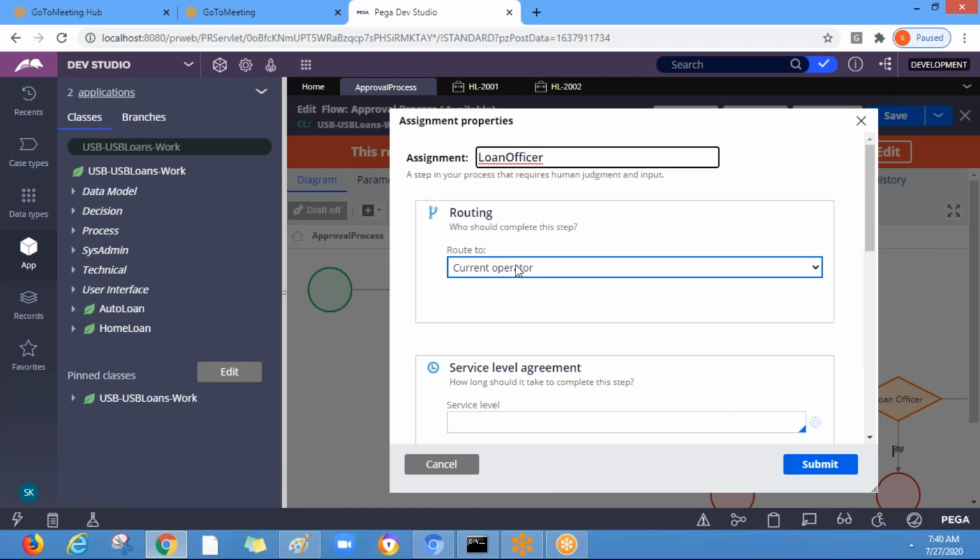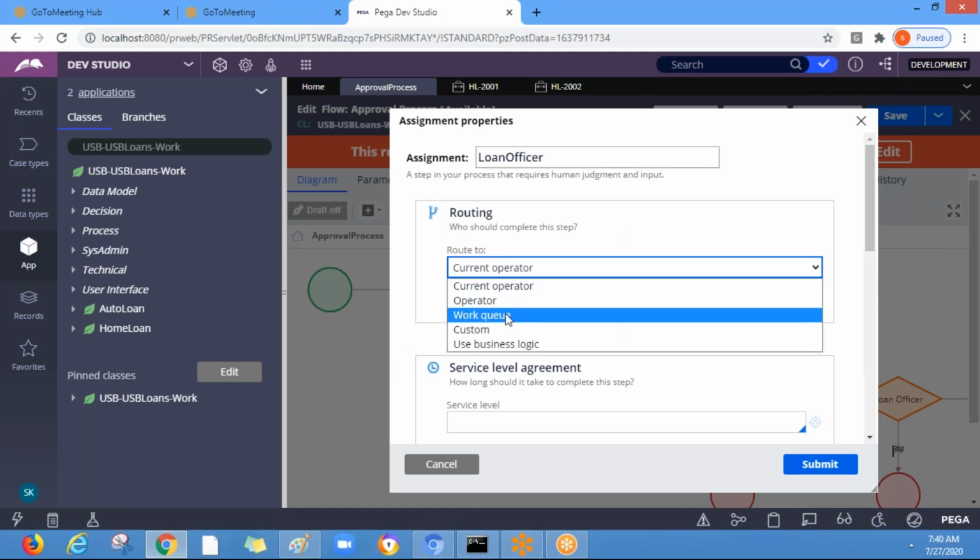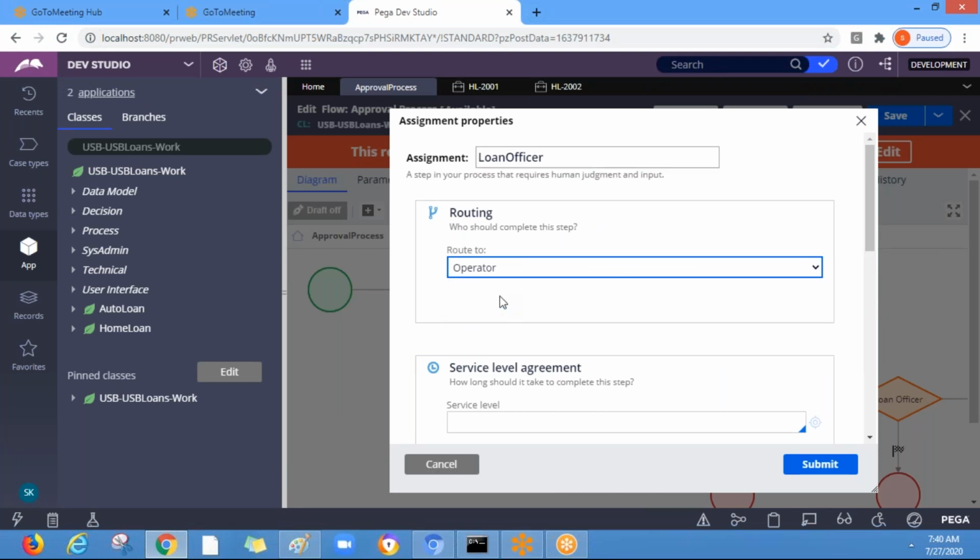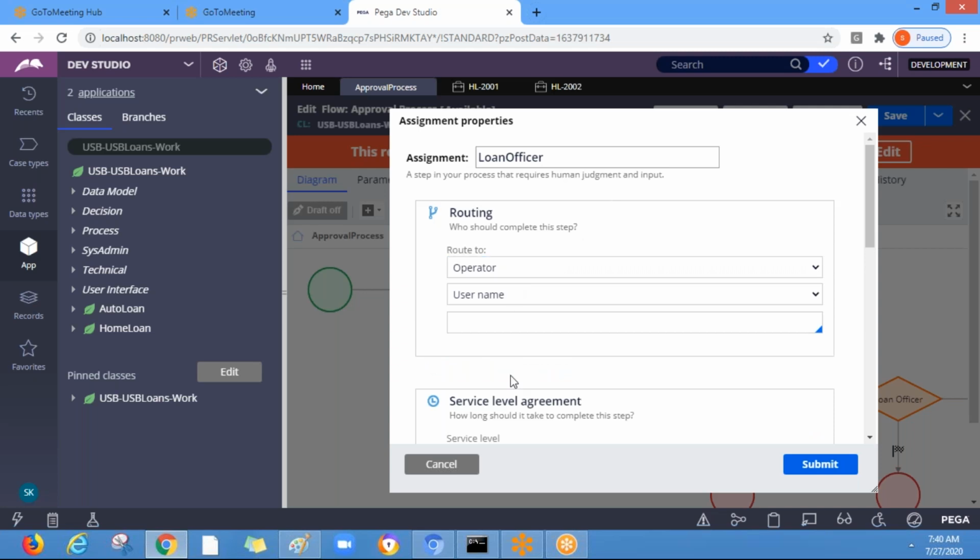Always you see the current operator and this will be changed to work queue. Operator means you can specify the different operator, and work queue means you can specify the work queue and it will be routed to the multiple.